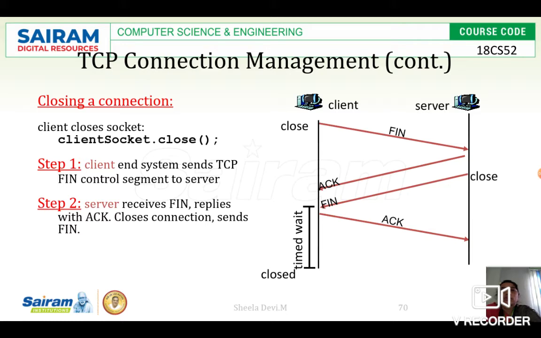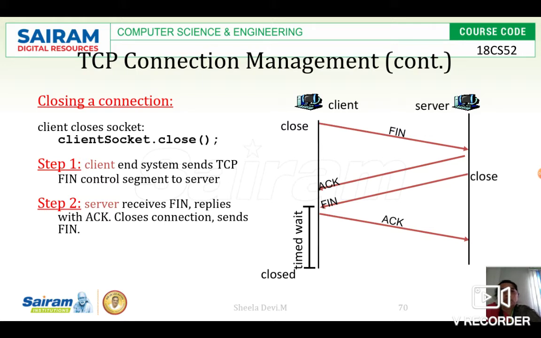Once the server has transferred all the data, it will again send a FIN segment to the client. Then the client will wait for some timeout period, then it will give the acknowledgement. Clear? So this is how we are going to terminate the connection between the client and server.